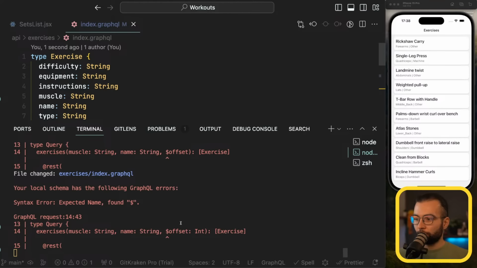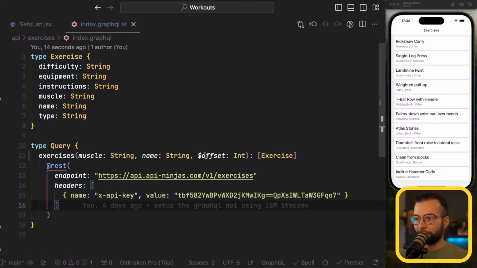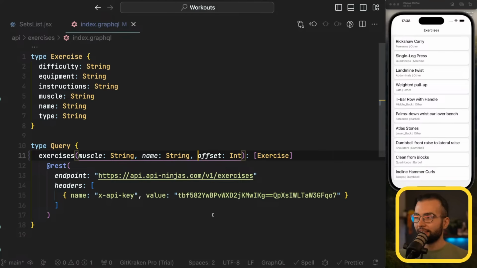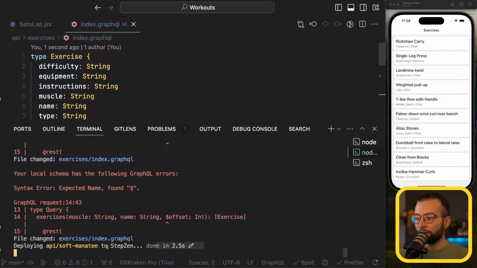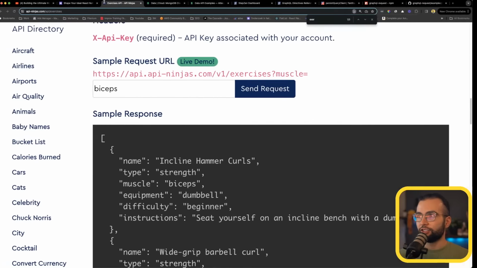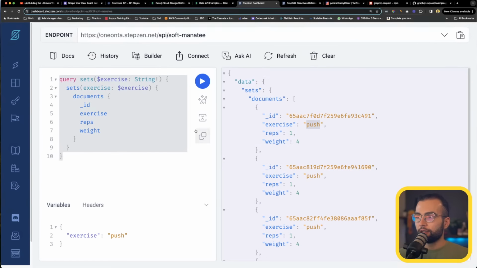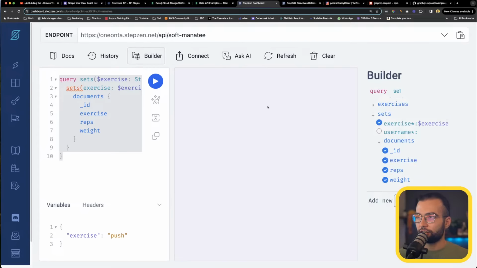Now I'm going to check if it was deployed. There was an error, yes, because we don't need the dollar sign here. The dollar sign is in a different place. If I check now, all done, deployed. Let's check the dashboard. So if I go ahead and refresh and check the builder,